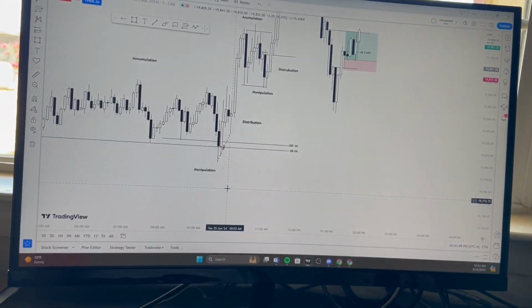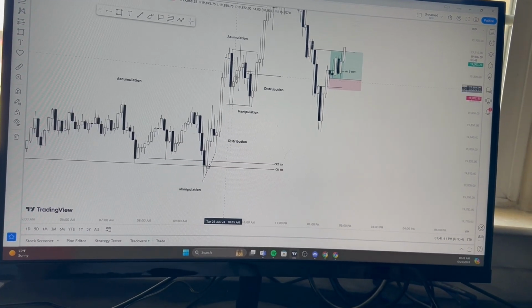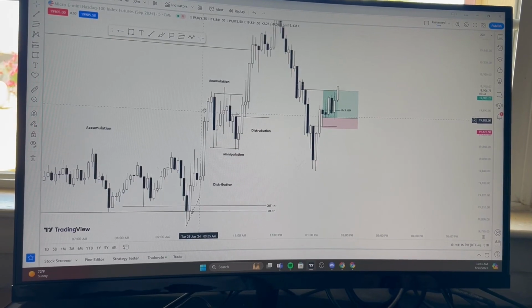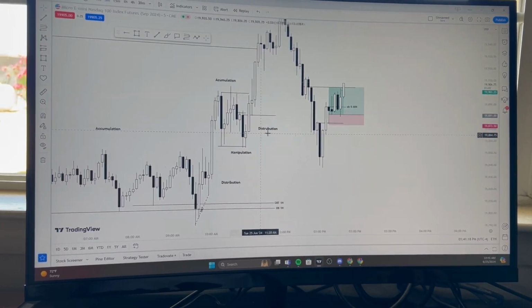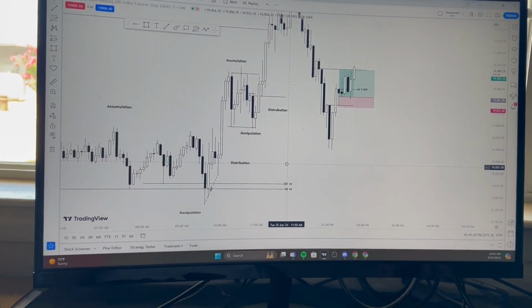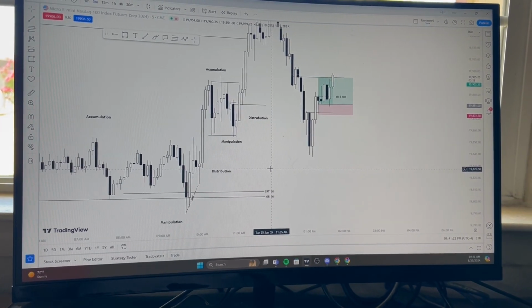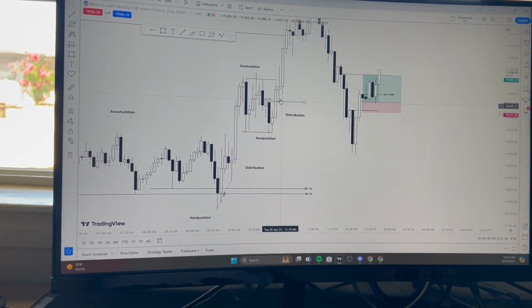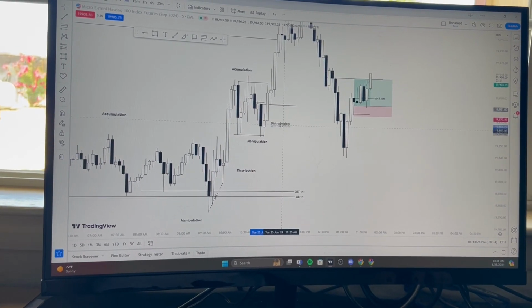All right, going to the next set of price action. Right here, it was just choppy. And this is where I made my mistake. It was choppy, so I'm like, shorts are gonna happen. Boom, took some shorts, got stopped out, chopped out. Boom, it was a mistake by me. We learned from it, we move on. All right, but here we have the accumulation, manipulation, more distribution up here.